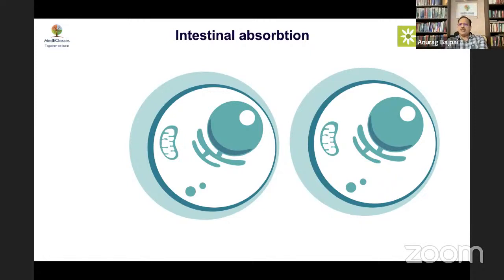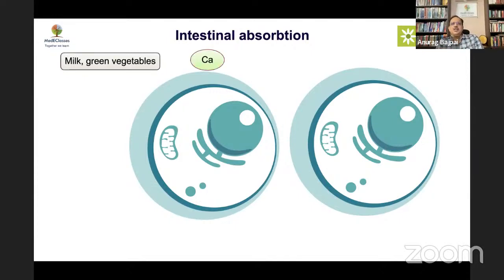mediator. Now, as I said, the major chronic role as far as calcium levels in the body is concerned is intestinal absorption, and the calcium comes largely from dairy products. It's also in some of the green vegetables. And this calcium can be absorbed through two routes: the paracellular route, or the route which goes through the cells. Remember, if you are taking a lot of vegetarian diet, there is more phytate, which decreases calcium absorption. So does the intake of a lot of soda products and colas, which also can cause calcium deficiency.